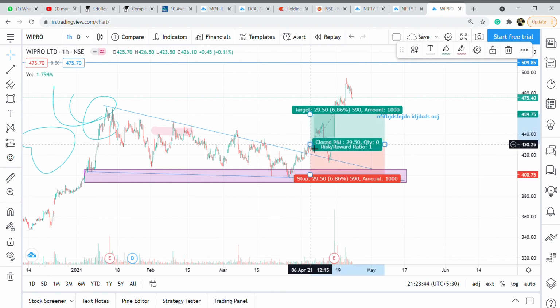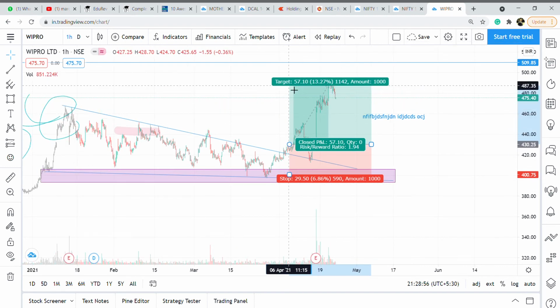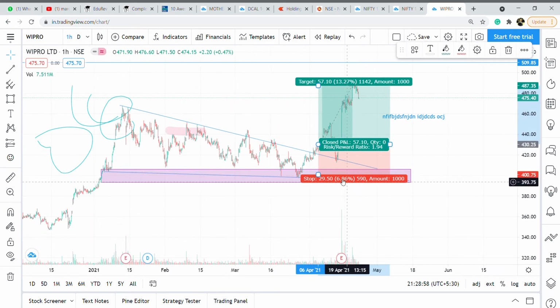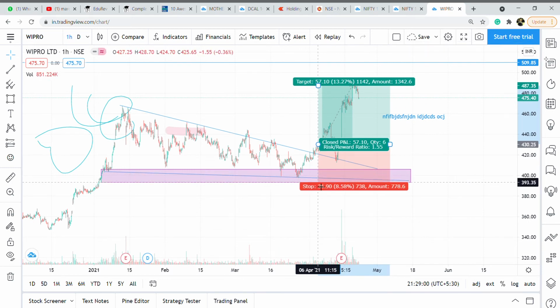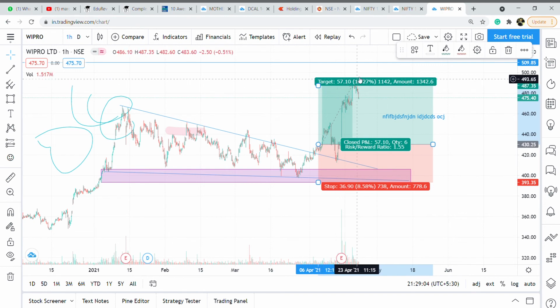I'm clicking here, and this is just a charting platform, and this is not a trading platform. So this particular long position will help me realize my profit target and stop loss, and also my risk to reward ratio, based on the target points and my stop loss points.